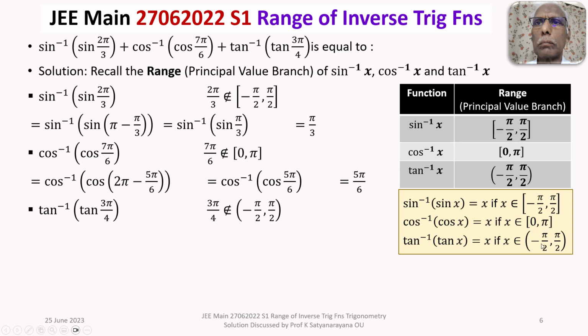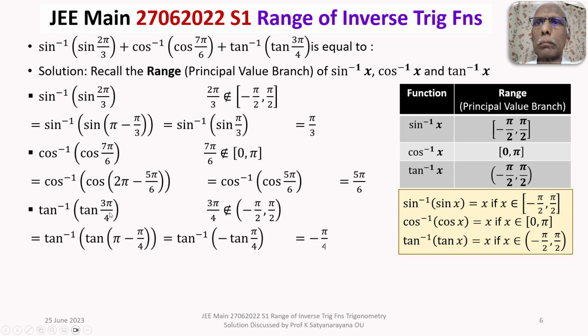and 3 pi by 4 does not belong to minus pi by 2 to plus pi by 2. Therefore, the answer is not 3 pi by 4. But 3 pi by 4 is, in other words, 135 degrees. It is in the second quadrant, but are we trying to get something in the third quadrant? No. So, let us write tan of